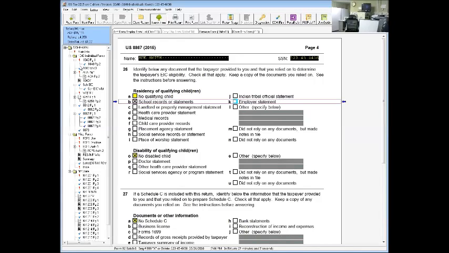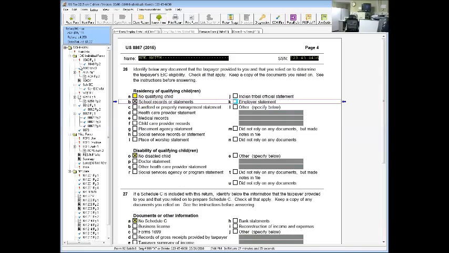If the IRS examines and denies all or part of the EIC, the client must pay back the amount with interest, and may need to file an 8862 to claim earned income credit after disallowance. Which means they're going to disallow it, and in future years, if they want to try to get it again, they're going to have to file a separate form because they've been disallowed.